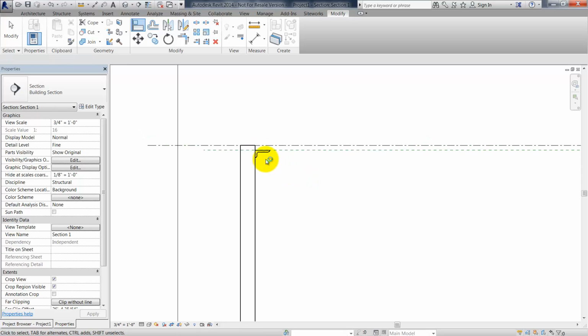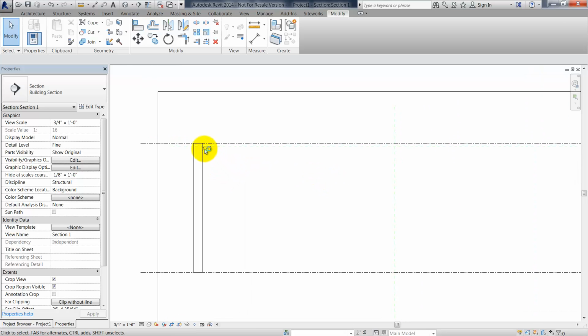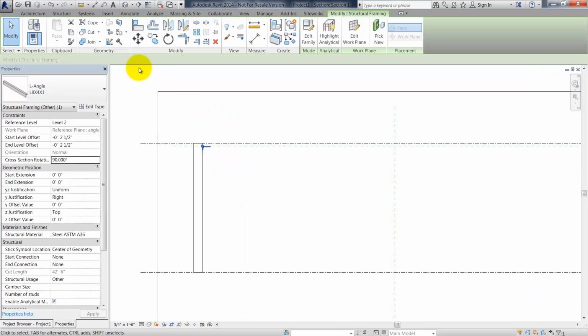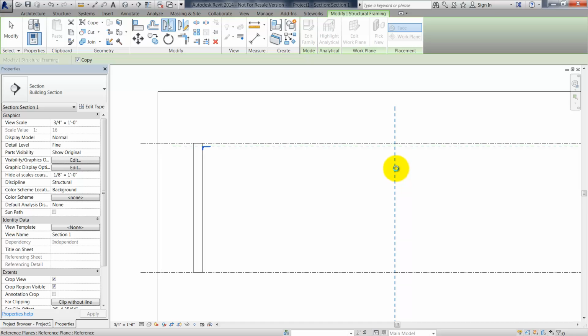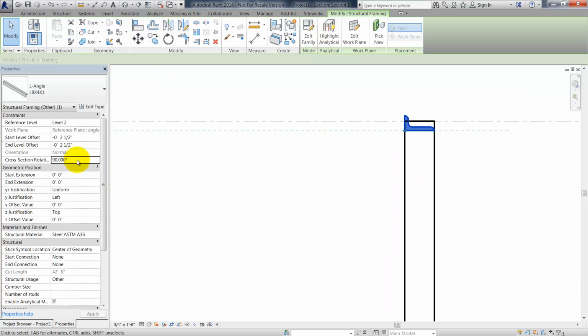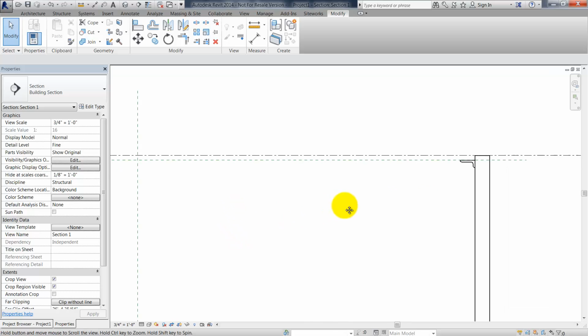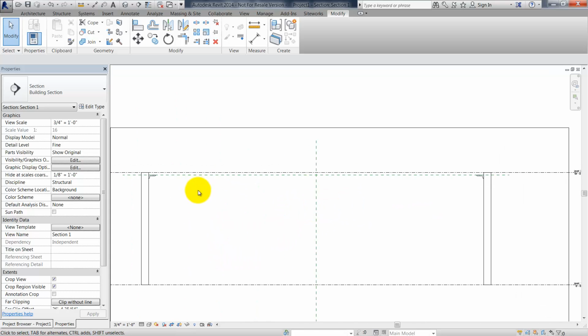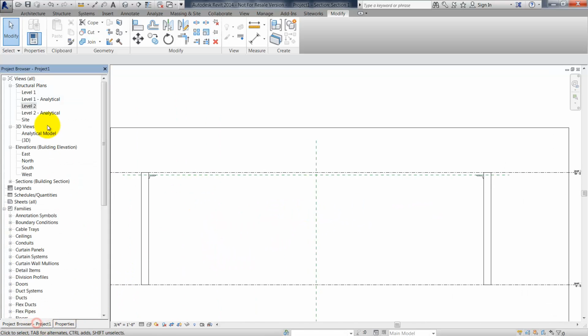I'll need to mirror this angle across to the other side for the corresponding joist bearing. So I'll select it, click on my mirror pick axis, and select the reference plane. Again, this is just like working with angles here in Revit. I'll change the cross-section rotation to 270 degrees, and it should be in the right place now. Alright, so we've got both angles in the right spot. Let's go back to the plan view,